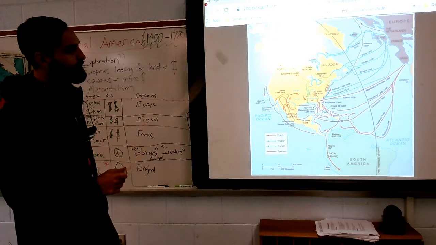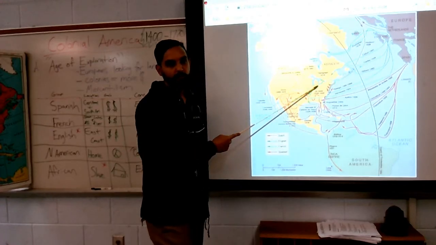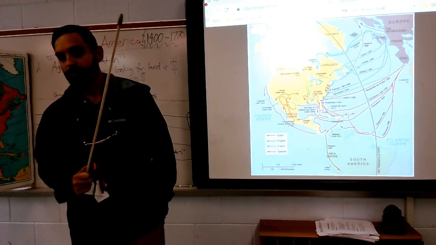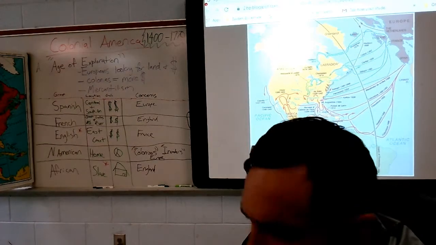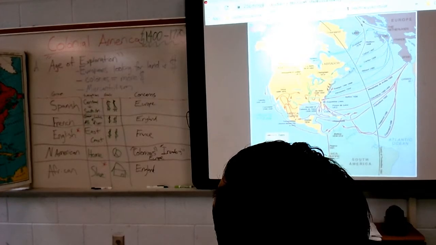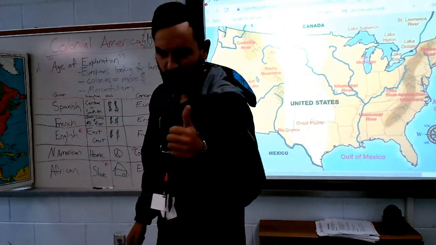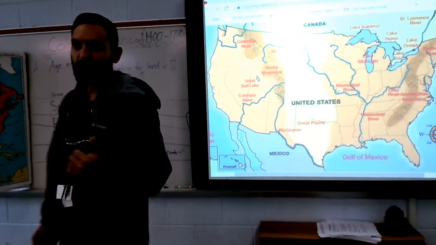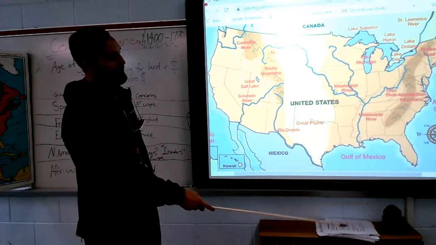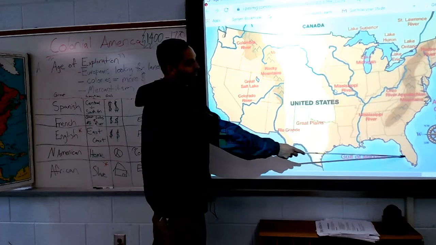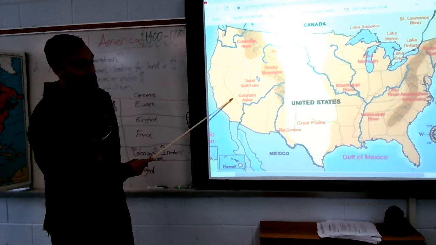But the thing we want to focus on is who came to this area first. Who came to North America first? There are going to be 3 countries I'd like to talk about, and a couple other groups. Let me change my map here. First, you have Spain. Spain would end up conquering pretty much all of South America. I know my map doesn't show it right now, but pretty much all of South America, a little bit of Florida, and pretty much the west coast of the United States.